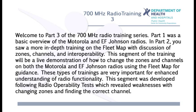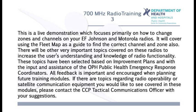These types of trainings are very important for enhanced understanding of radio functionality. This segment was developed following radio operability tests which revealed weaknesses with changing zones and finding the correct channel. This is a live demonstration which focuses primarily on how to change zones and channels on your E.F. Johnson and Motorola radios. It will cover using the fleet map as a guide to find the correct channel and zone also. There will be other very important topics covered on these radios to increase the user's understanding and knowledge